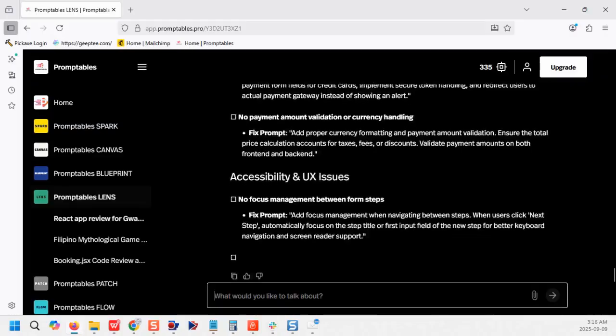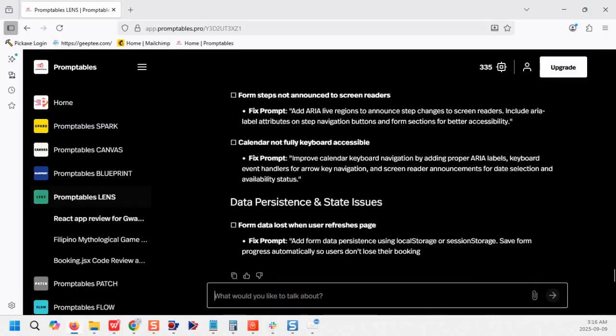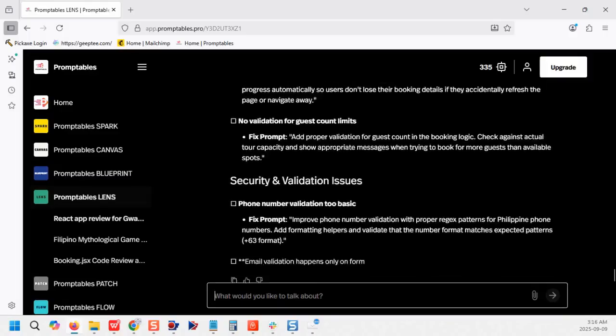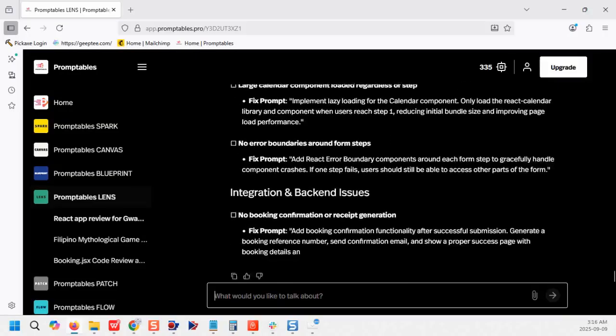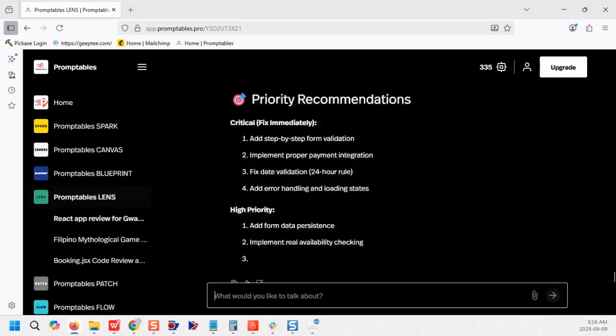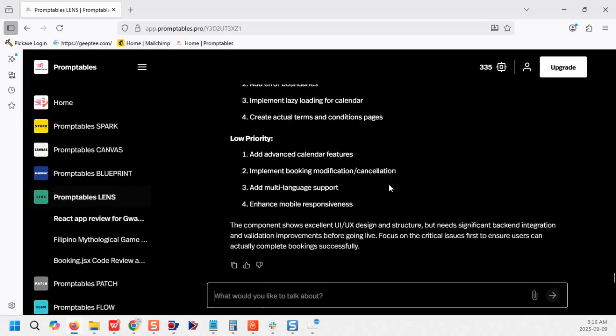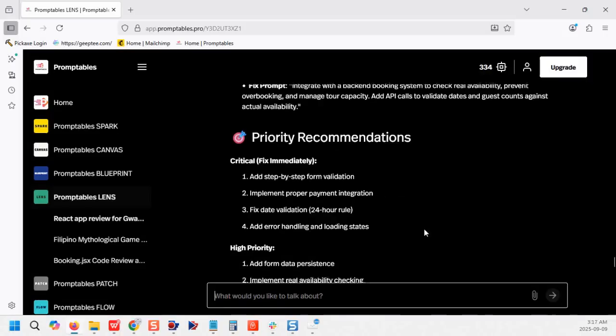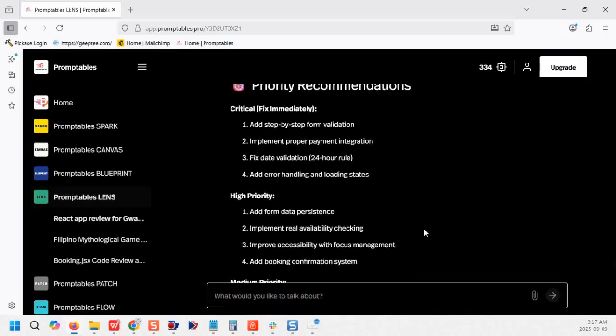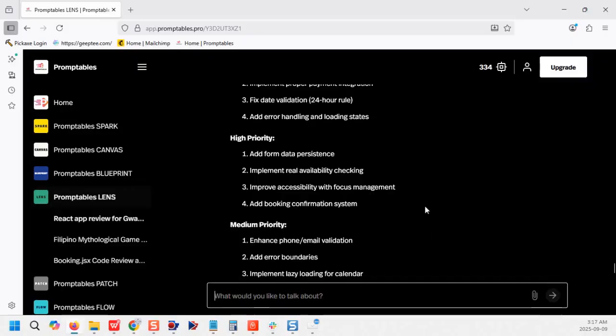But in all honesty, in this particular case, it's going to say all the same things, right? Like you didn't have error handling for your calendar and things like that. But it's really dug down here a lot more. So it's going to give you your fixes. Your critical fixes are to add step-by-step form validation, implement proper payment integration, which we know we don't have, fix validation for the 24-hour rule, add error handling. High priority: improve accessibility, focus management, add booking confirmation system, which would be your Supabase, I'm sure,